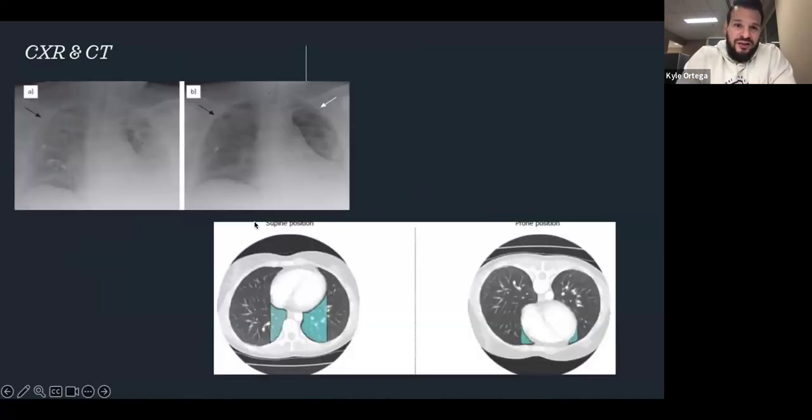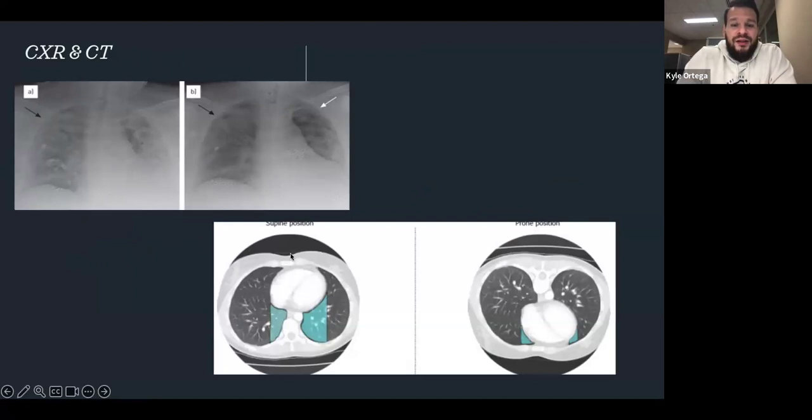All right, so here's a chest X-ray and a CT scan before and after prone. Look at the chest X-ray beforehand, very, very hazy, a lot of ground glass going on. And then afterwards, you see the airways start to open up a little bit, a little less ground glassy, a little less washed out.